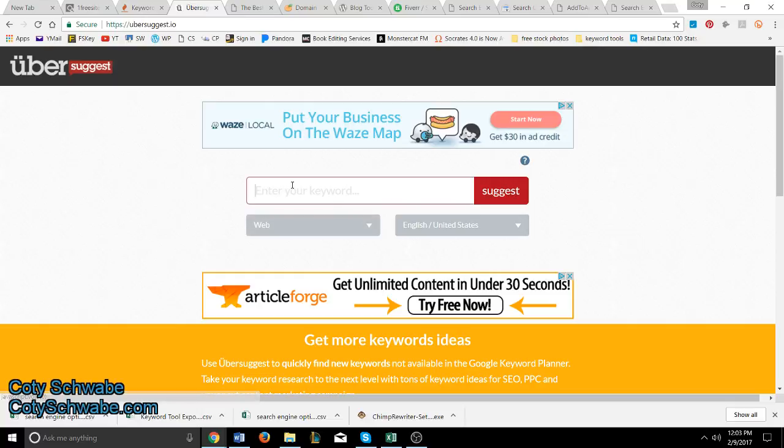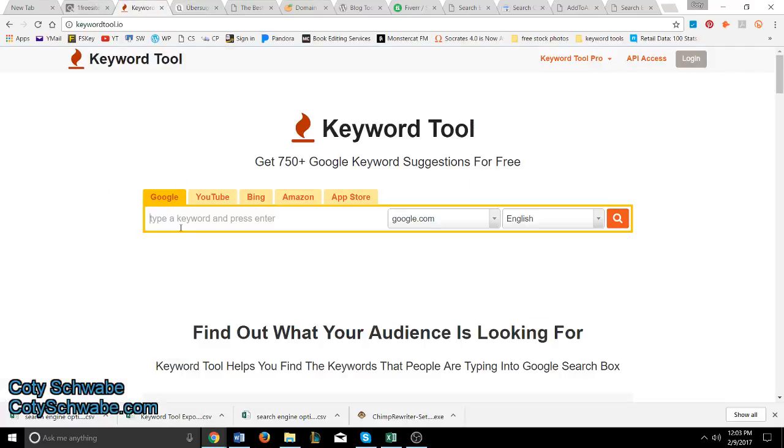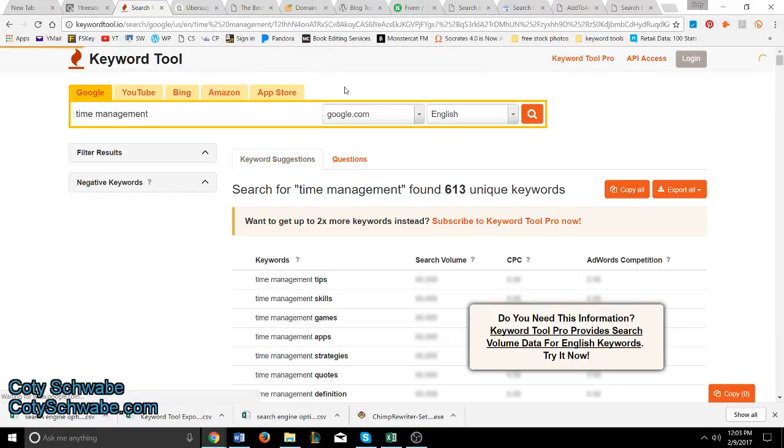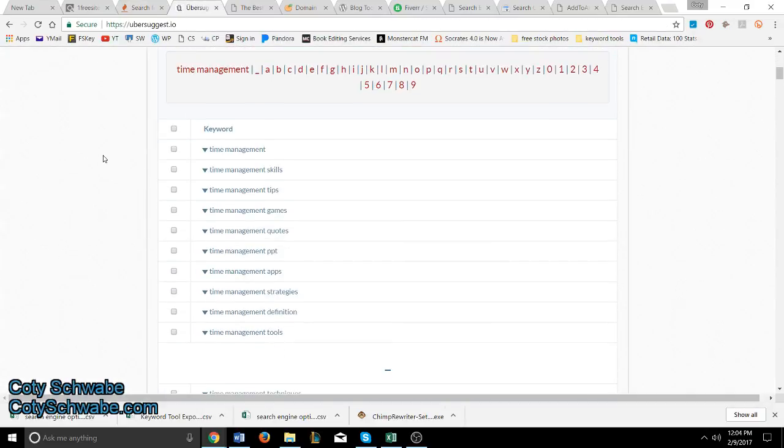so let's real quick run through how this works. So let's say that our keyword was time management, right? So I'm going to copy that. We go to Ubersuggest, and while that's populating, we go here to keywordtool.io and do the same thing. Now you'll notice they also have tabs for other things, which is great if you're developing an app or if you're going to create some video content, you can use that for that stuff too. Okay. Now, obviously they have paid versions, so they kind of want you to upgrade or whatever, but you